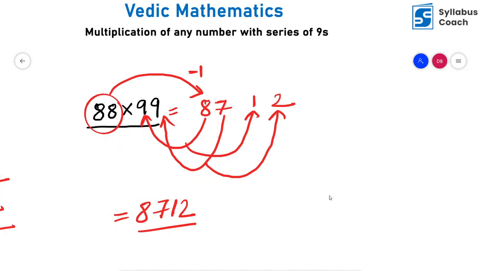As it's a first class, I'm telling you in such a way that you have to subtract 8 from 9, 7 from 9, right? So instead of doing that, you can straight away subtract 8 from 9 and 7 from 9. You got it, right? Let's do that with one more example so that it will be more clear for you, right?